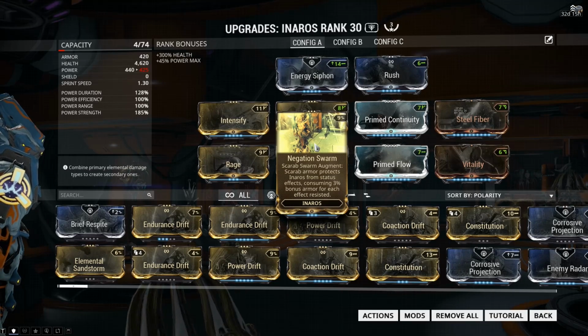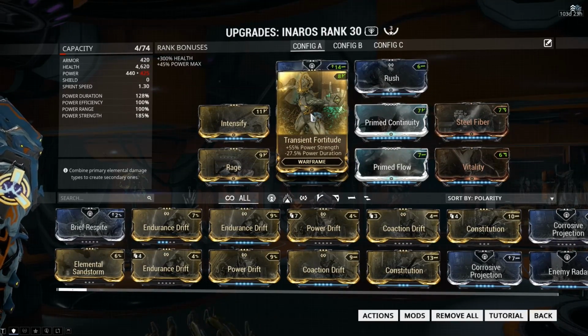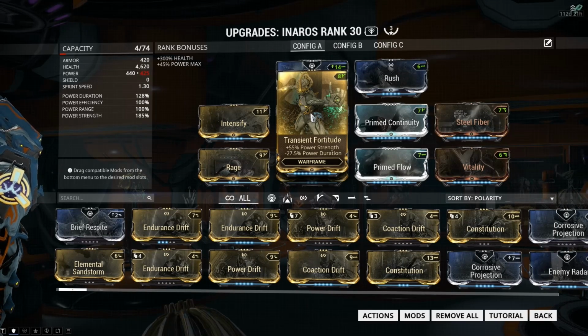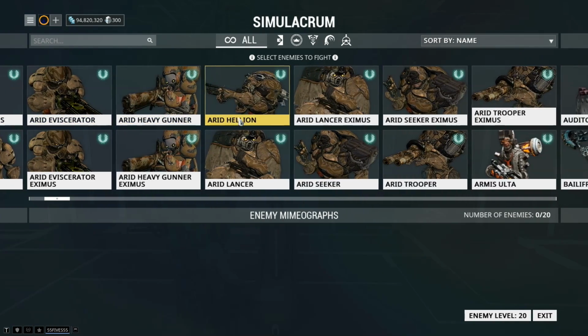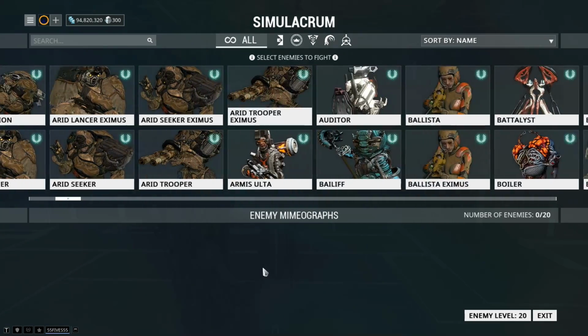Transient Fortitude could probably do with coming out as well, because this ability doesn't really work off power strength. What I am aiming on doing is using a bunch of Eximus healers, because at level 140, 20 of them would kill you fairly quickly. But first I want to see just how effective this is by summoning in...